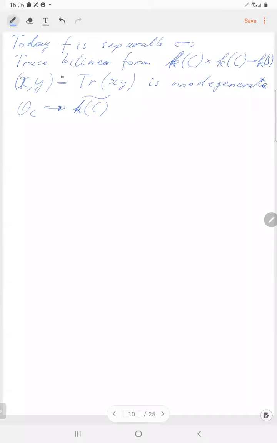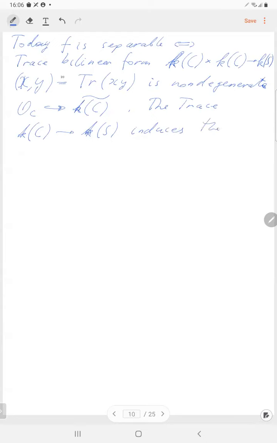So you have the trace pairing form on it, and you can restrict to the regular functions OC, and the trace from K of C to K of S, rational functions, induces